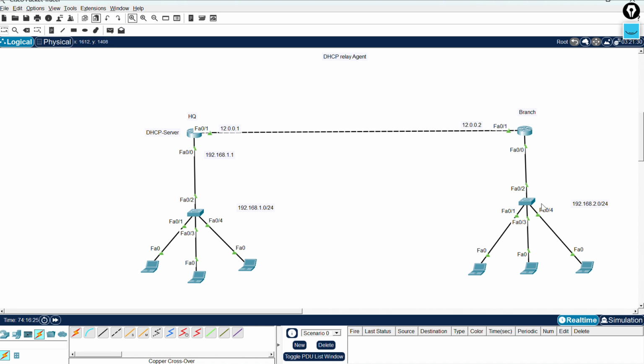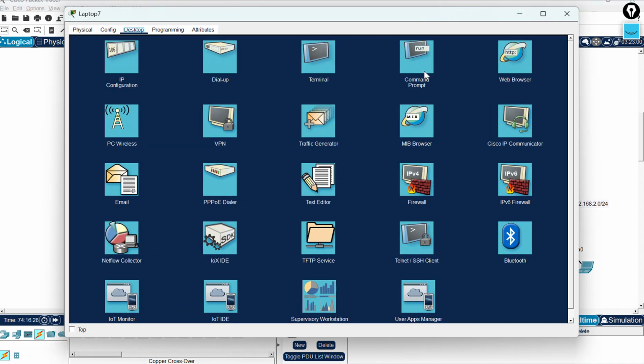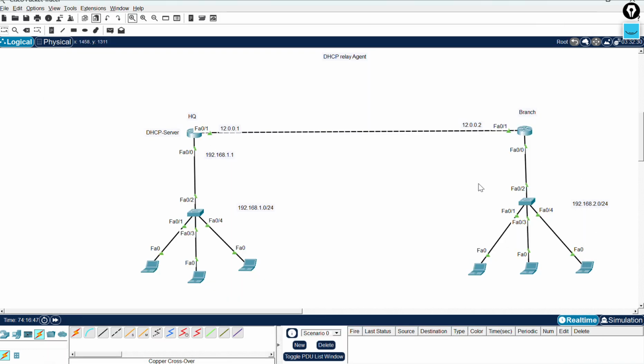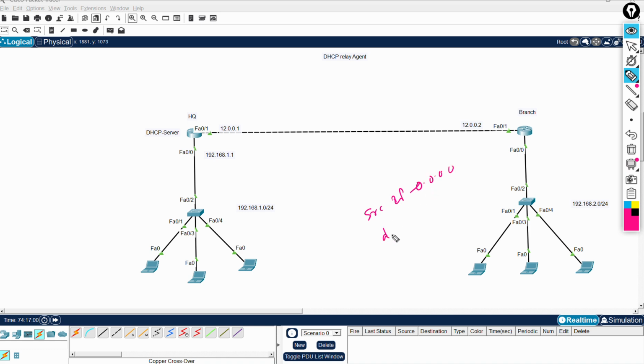So first go to the branch office systems and click on DHCP here. Requesting IP address? See, DHCP request has failed because there is no DHCP server in the local network. See, actually what happened here? This PC sends a discovery message, right? So in the discovery message, what is the source IP? Source IP is 0.0.0.0. What is the destination IP? Destination IP is